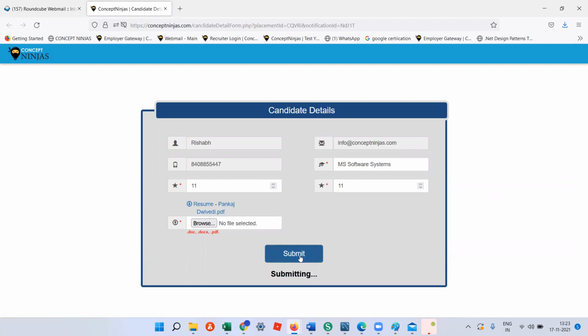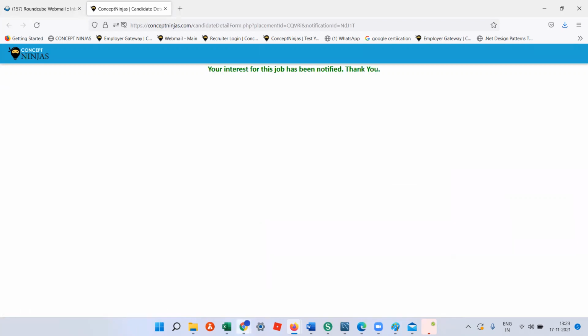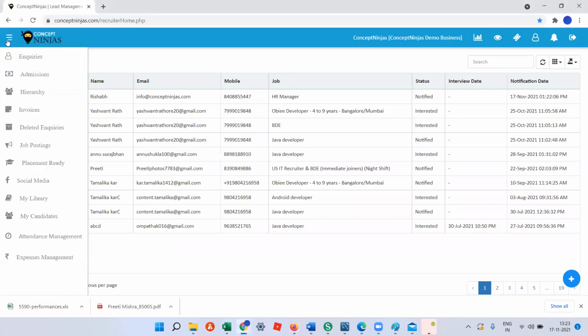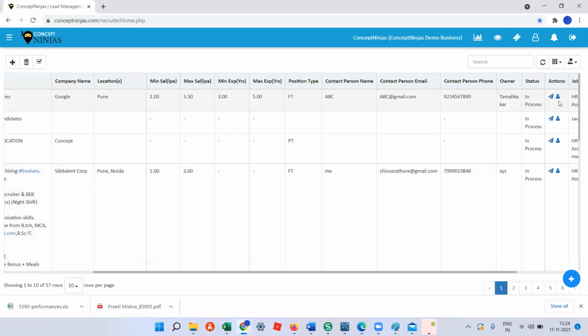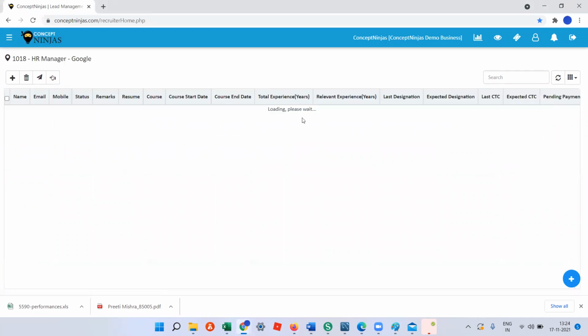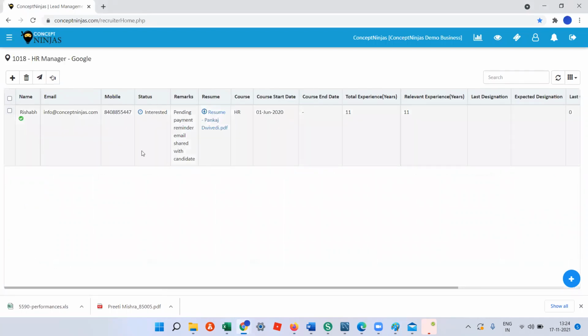They can click on submit. When they click on submit, all those candidates who are interested in your job will show up with the interested status, and after that they can upload their resume. Under the job posting of the same job, when you go to manage candidate, you will be able to see all those candidates who have shown interest in the job.